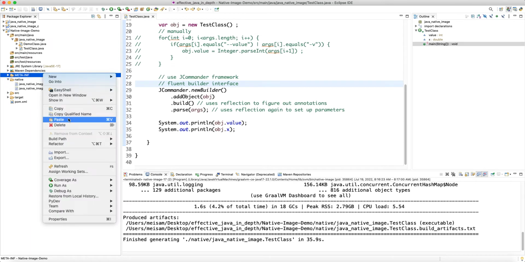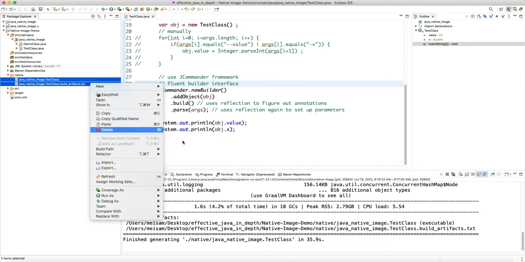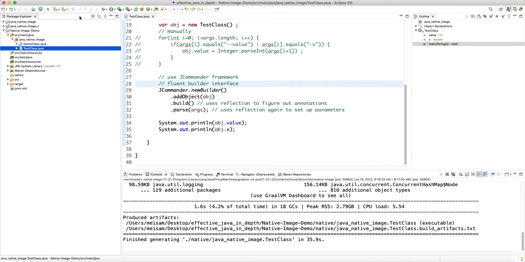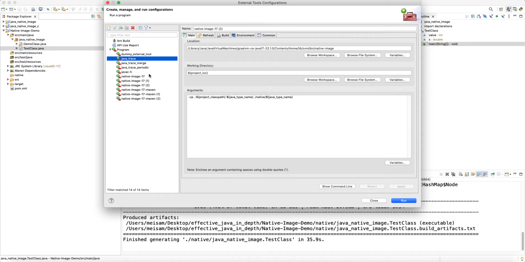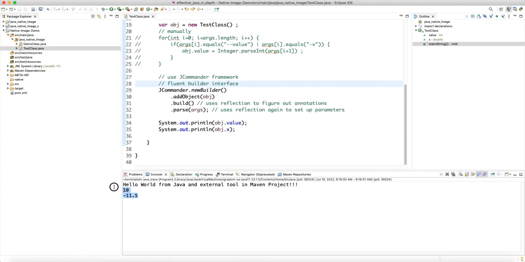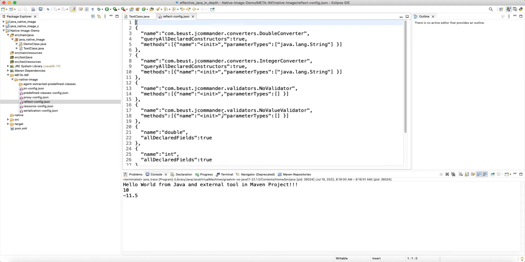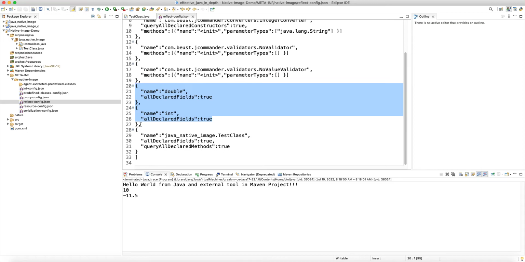So let's go back and terminate. I'm going to delete the meta-inf, and then I'm going to also delete this binary. And now what I'm going to do is run my Java trace agent, but then also add --x, let's say minus 11.5, something to invoke this reflection that happens for the x as well. So let's run this, and everything works fine. And now if we look at the meta-inf and then reflect config,